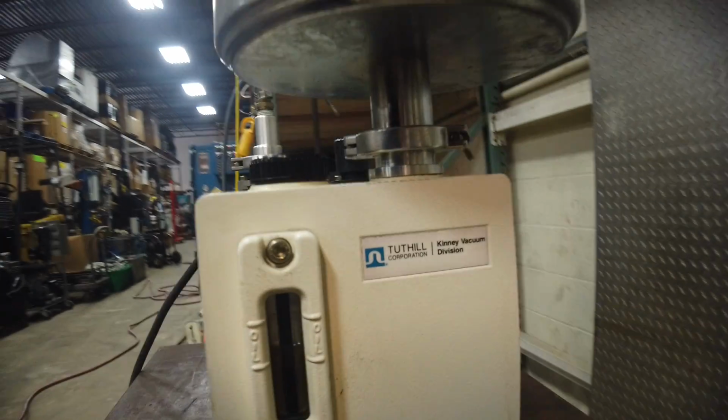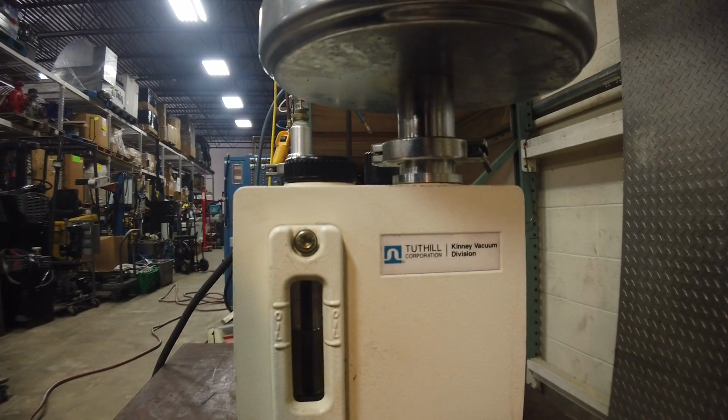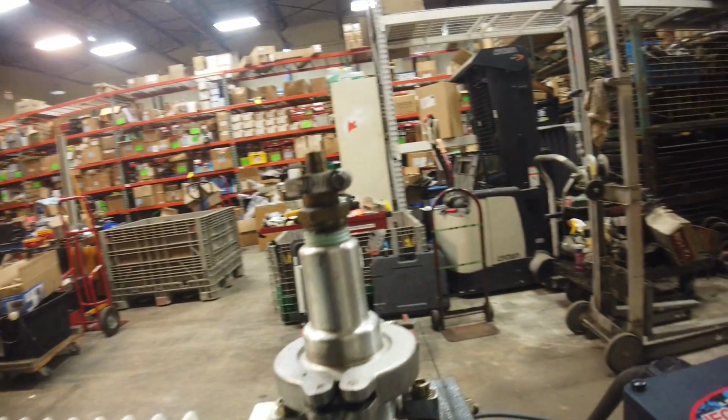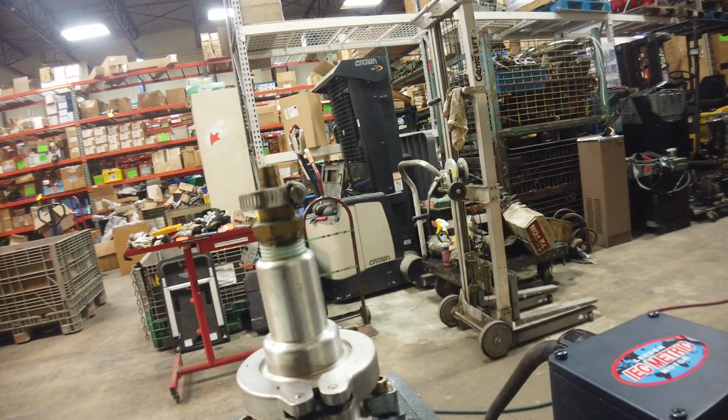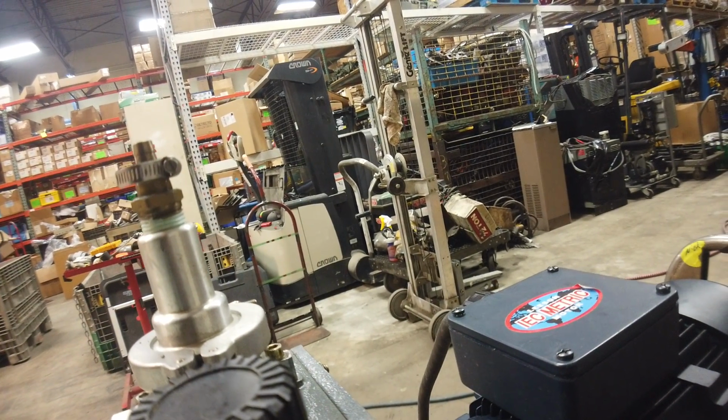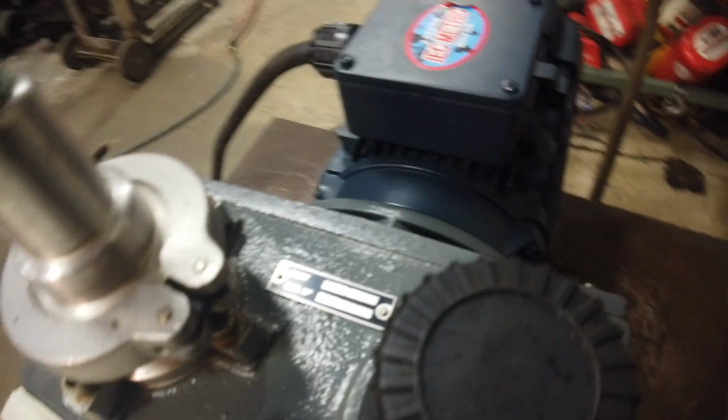This is a Tuthill Kinney vacuum. What was the number? I don't remember. It is a KVAC. I think it says BB. It's right there, BB. It has a Leeson motor,